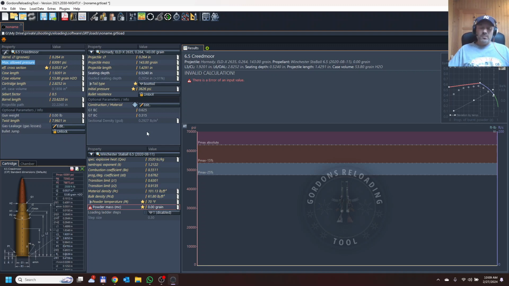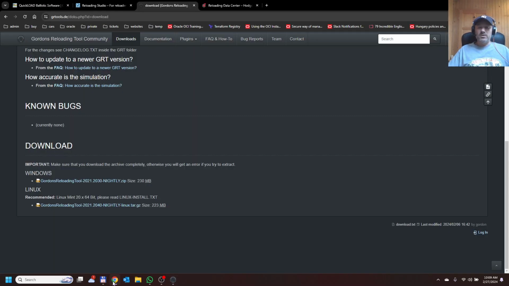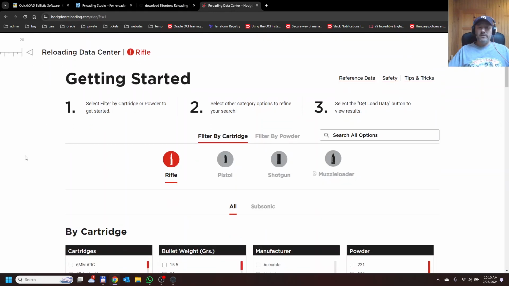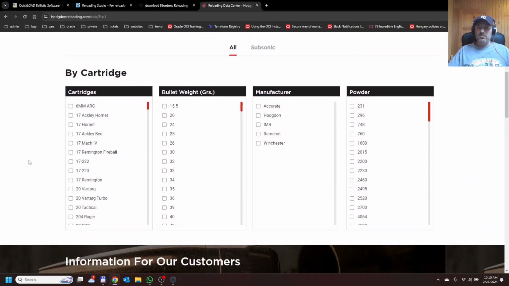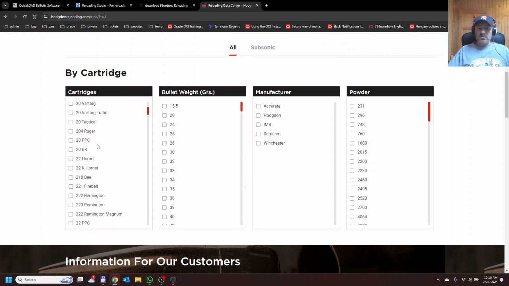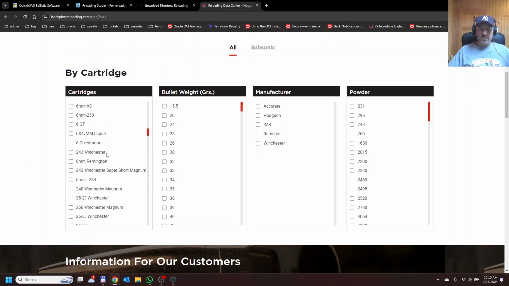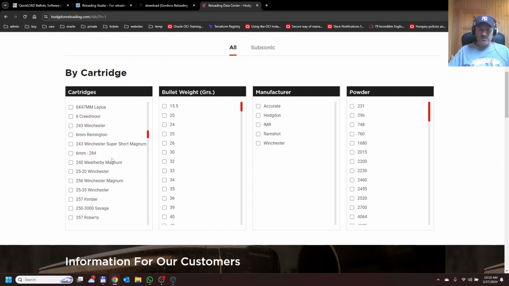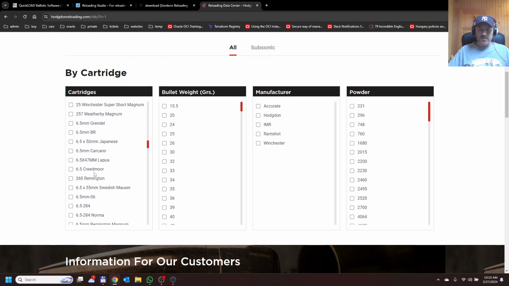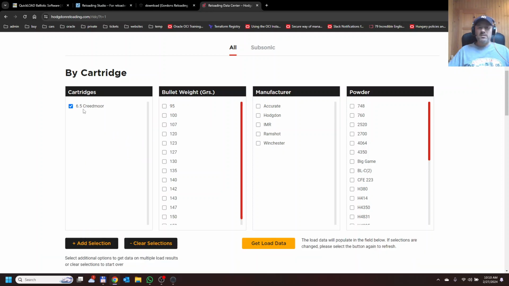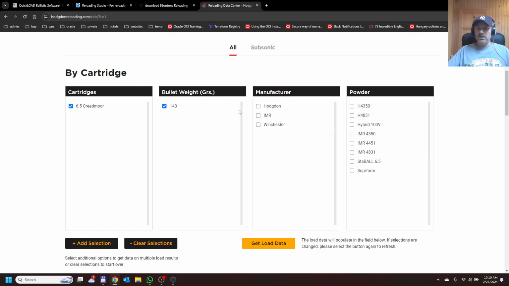What do we need? First, we need load data. So where do we get that? Well, one source is the hodgdonreloading.com website. Hodgdon is providing loading data for the Winchester powder. So first we select 6.5 Creedmoor, then we select the bullet weight, 143 grain, and then we filter for Winchester, and there is only one powder available, our powder Staball 6.5. So we hit get load data,